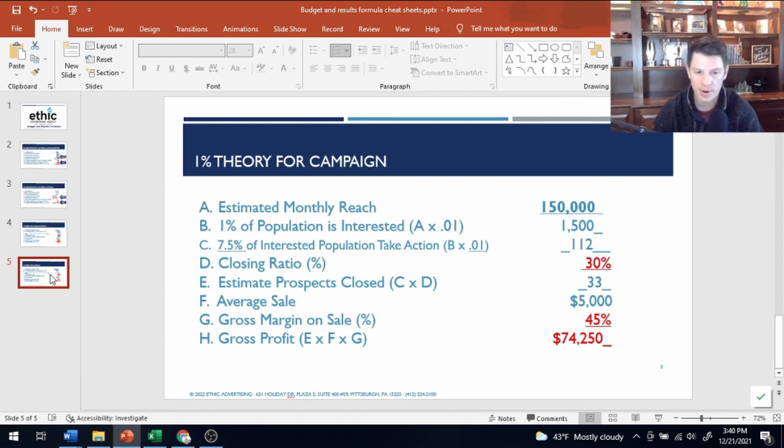Now, there are other variables and other elements that will weigh into this, to where maybe this is a very conservative gross profit, or maybe it's too liberal as well. That's why it's a nice thing to play around with a little bit, but it's a great resource whenever you're figuring out a budget and assessing ad campaigns, to determine, is this going to work, as well as keeping in mind, what are your true KPIs?